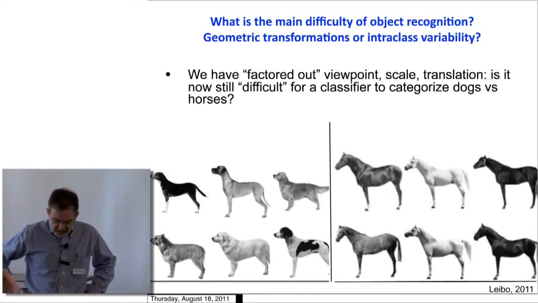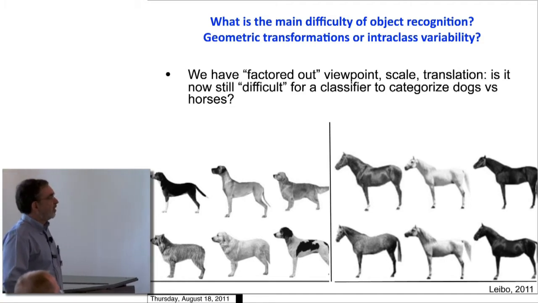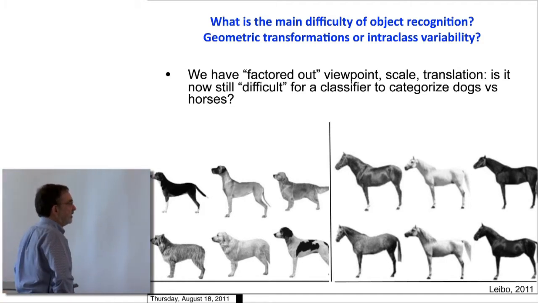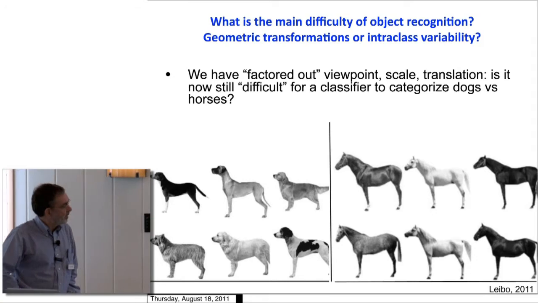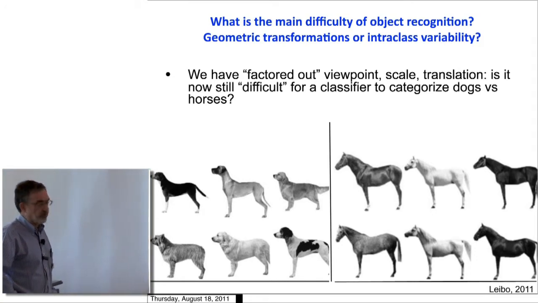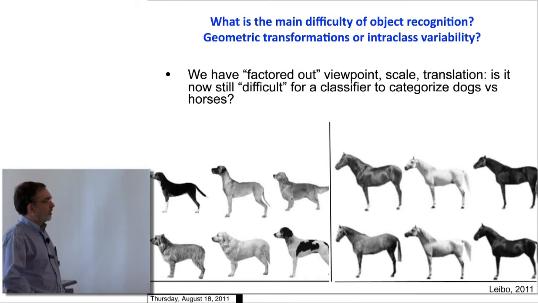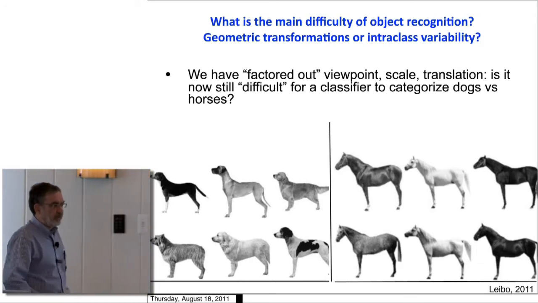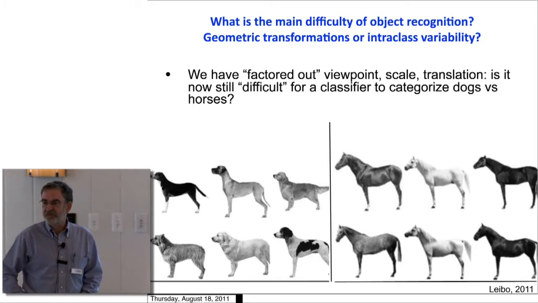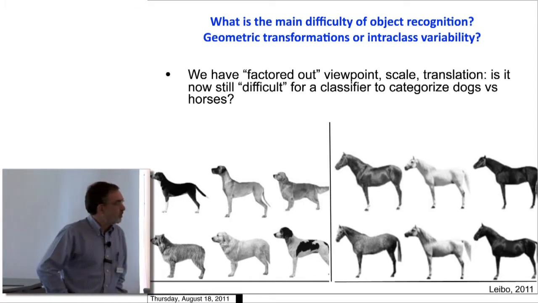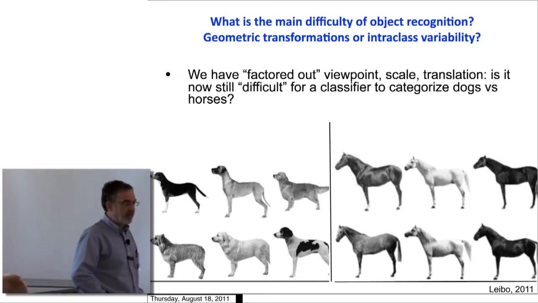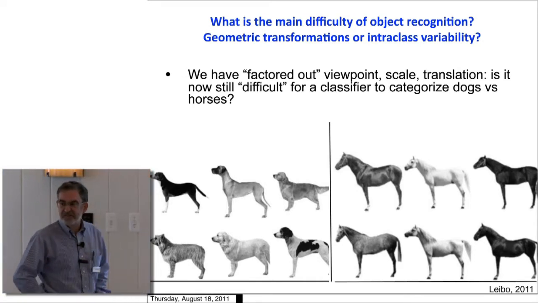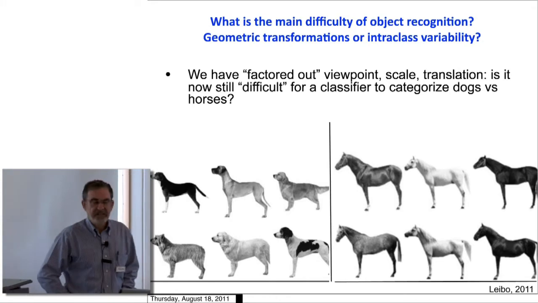So let me start from this question: where is the complexity of clutter-free object categorization? The task here is to distinguish a dog from a horse. The difficulty is that I would like to do something that probably a small child can do quite well. I would like to show you, or a small child, one example of a dog, one example of a horse, and ask you then to generalize to the other ones. And I would like to measure how good you are, right? And the question is